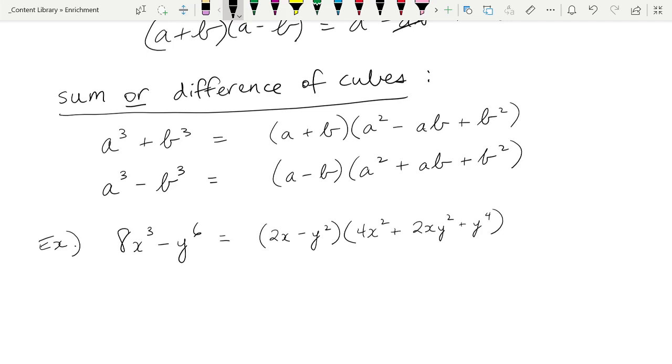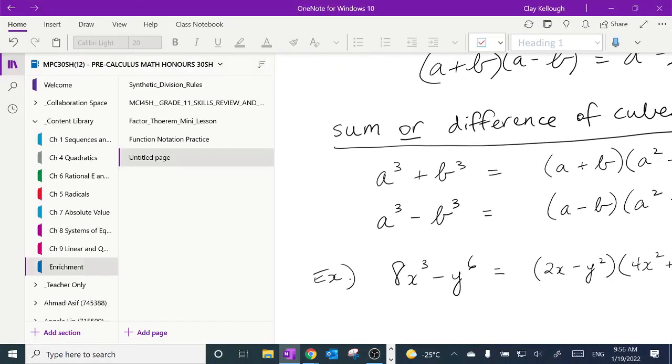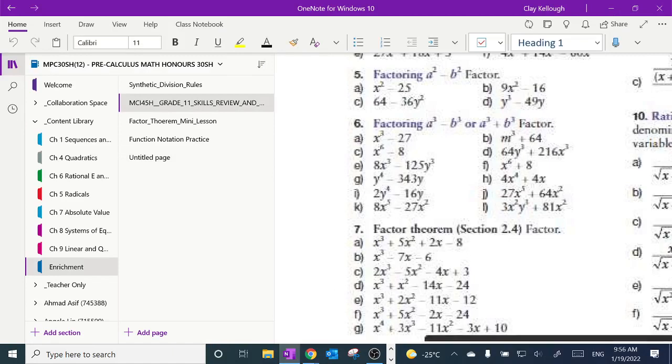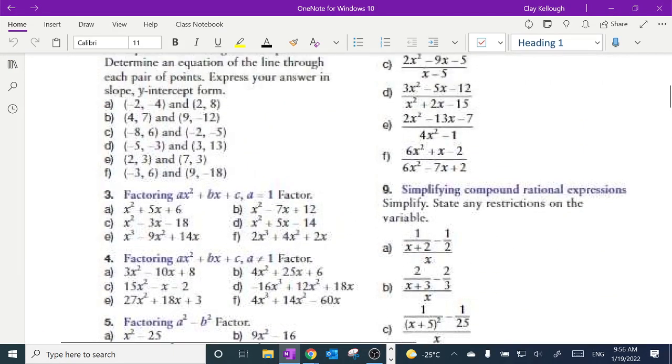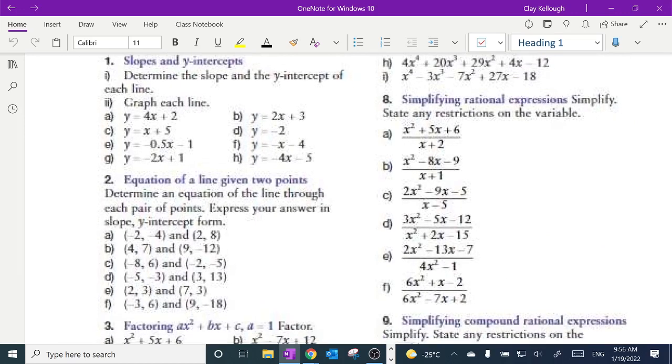So there's more for you to practice on those on number 6, on the worksheet that we gave you. And then, let me go back to that worksheet. So number 1 and 2 is all about grade 10 review. I don't know that you need to do much of that, but again, if you kind of scan through this